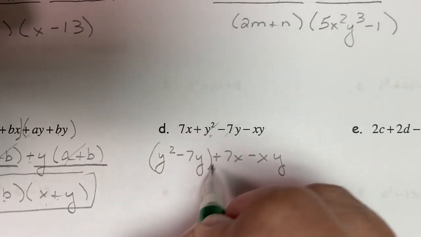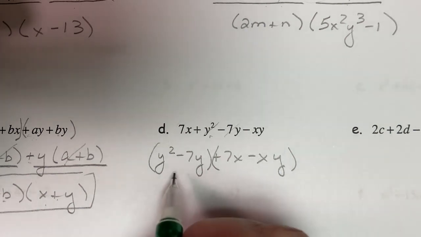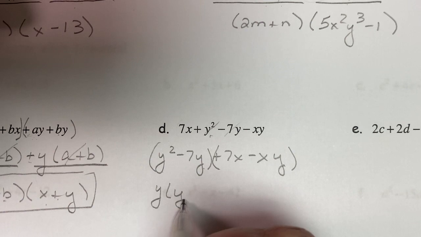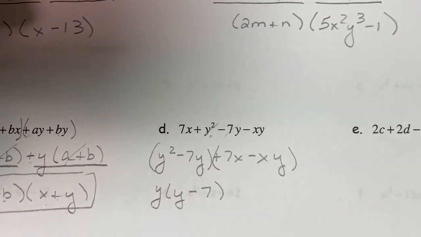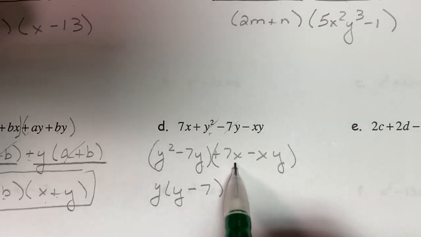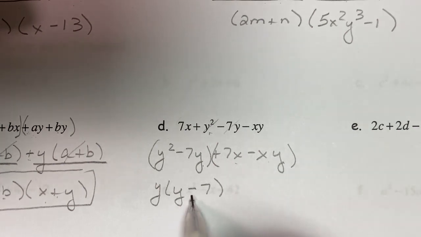Now let's go ahead and group them 2 and 2. Let's see, those have a y in common. I'm going to take out a y, which leaves me with y minus 7. Now, remember what I said earlier. When I take a GCF out of the second set, I also need to have a positive y minus